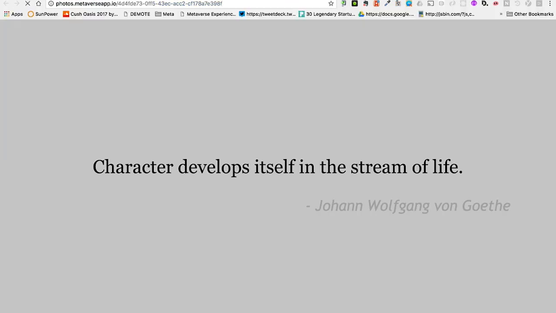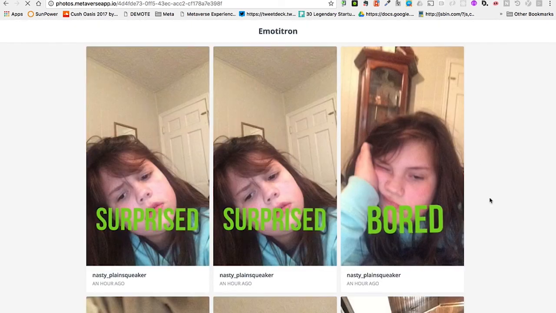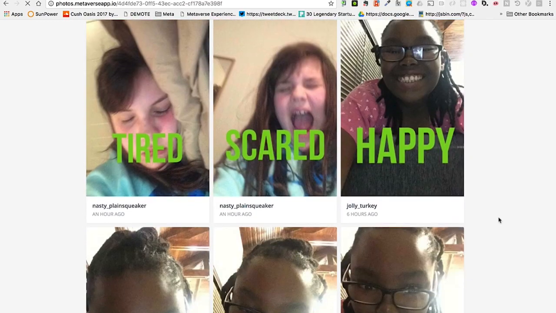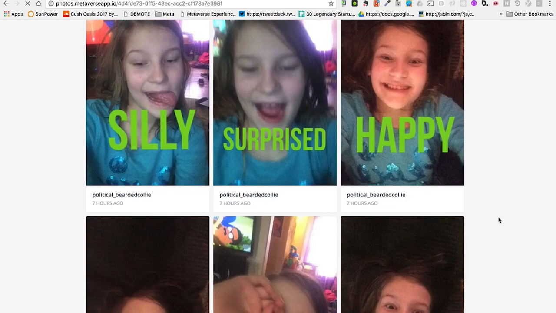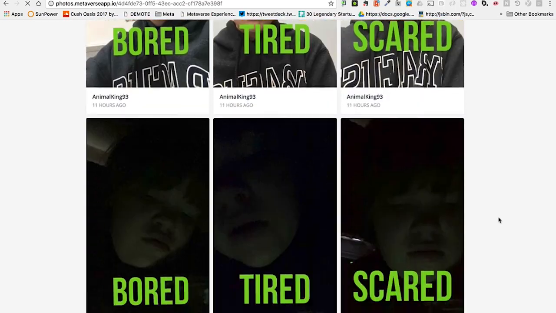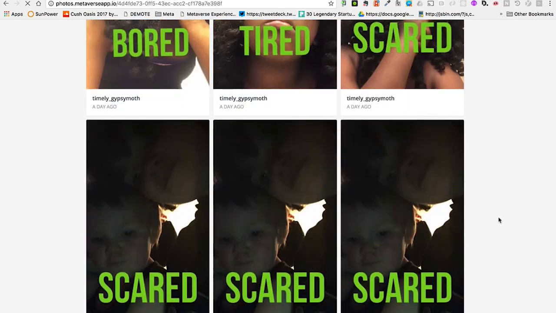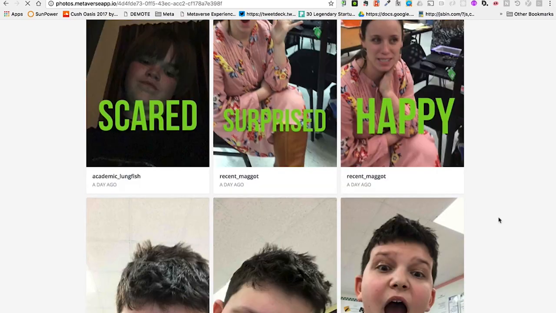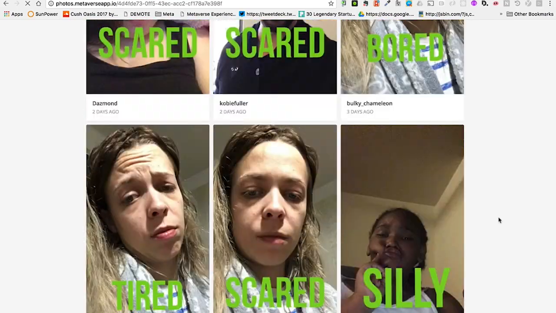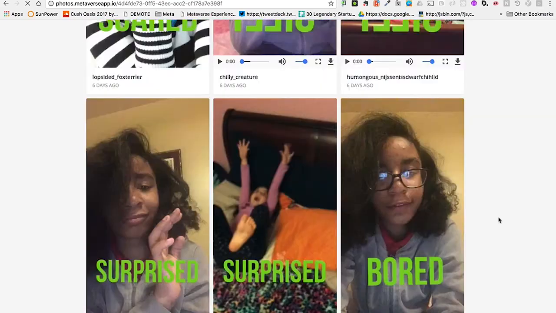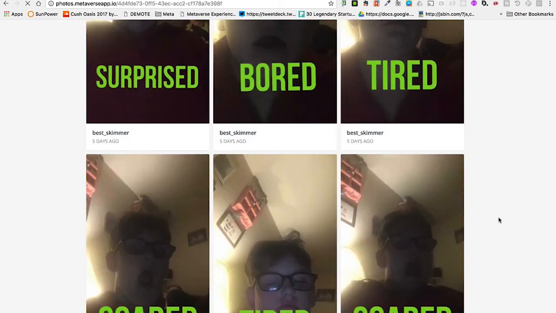Emoticon, it creates this artifact here that is now thousands of people that are doing their surprised, bored, scared, happy faces. And so it's fun to go through these and see, you know, kids to adults to all kinds of folks that are using this and loving this. This is a giant, giant list we couldn't possibly get through.